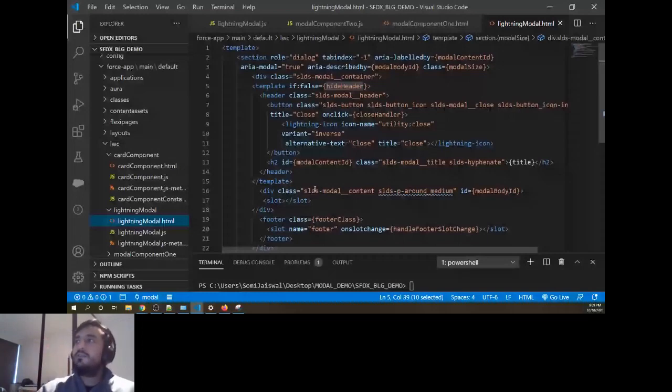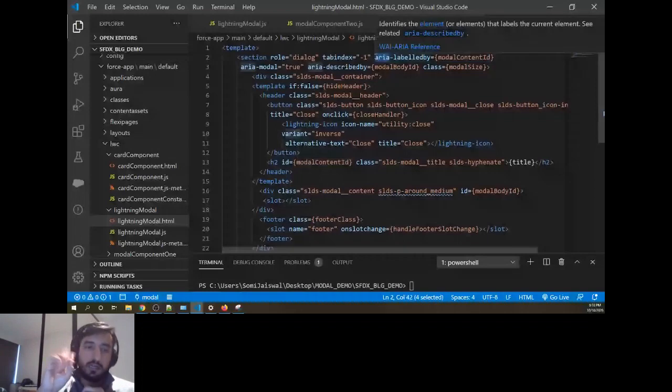So now, for the first time when the pop-up opens, this ID should be the same as the ID wherever you place it. ARIA is the tags given by the web consortium, that is the standard given by the HTML community. They said wherever you use these tags, the tags have some meaning that will be read out on the voiceover or your screen reader.